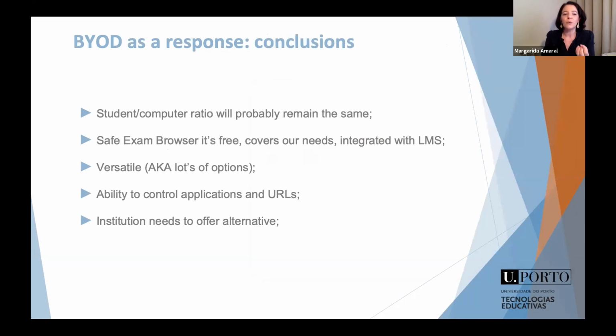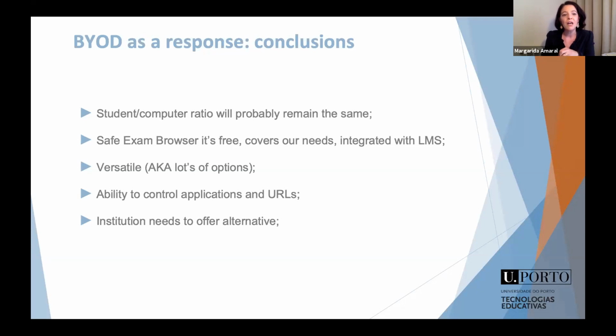The student-computer ratio will probably remain the same. Safe Exam Browser is a nice option for us. It is now integrated with our LMS, Moodle. It's versatile, and it's going to be installed on every computer on the university campus. It's going to be something that we are going to establish in the next school year alongside with the digital